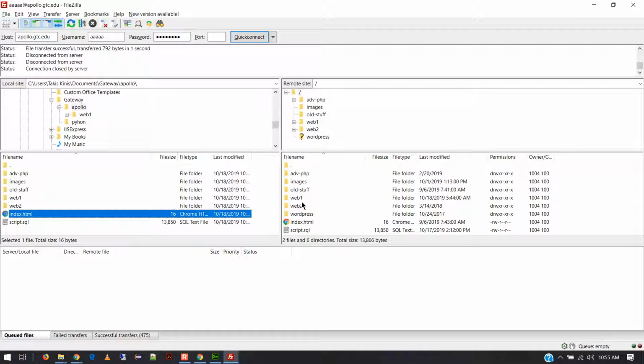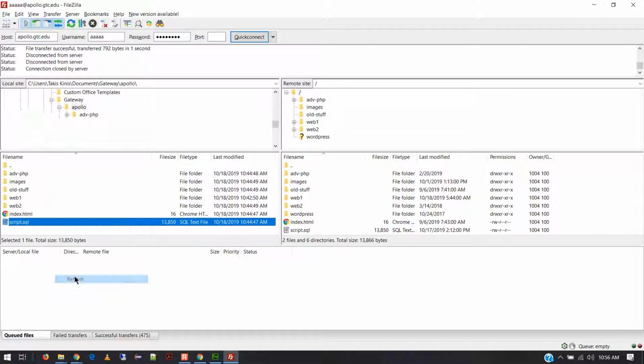I'm going to use FileZilla to do it. So I'm going to just make sure, is this the right file? Let's see, 10:44 on 10/18. Yeah, that looks like about the right time. Actually, let me refresh that. That seems kind of old. Oh no, there's 10:55. That's the right